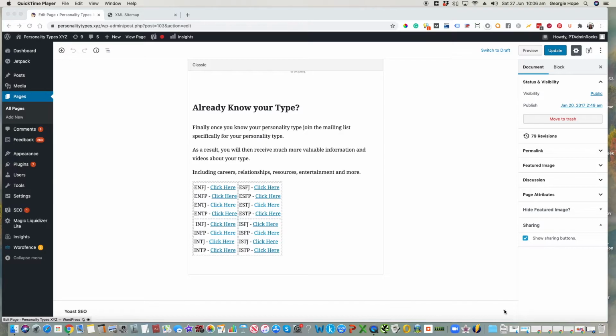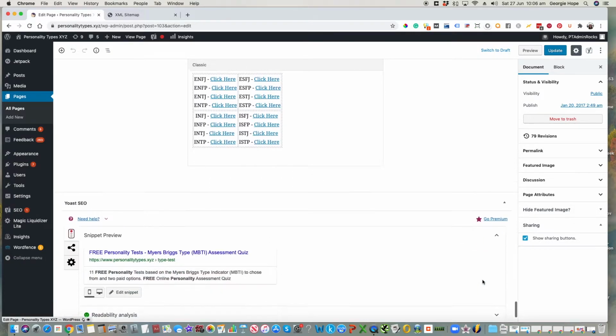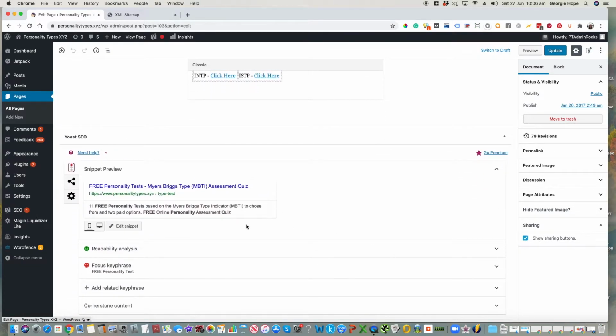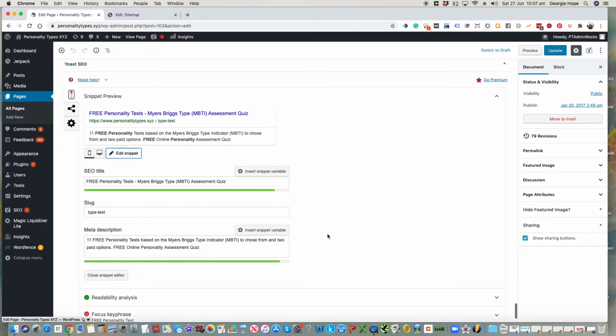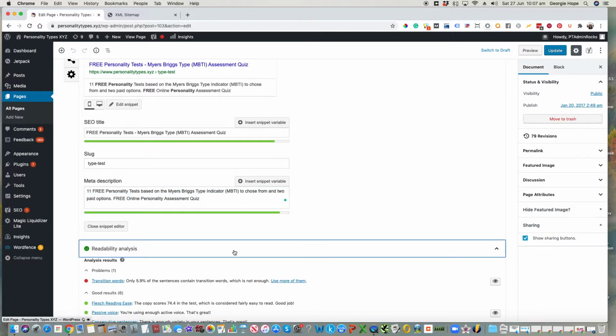That can look quite different in yours because you might have a whole stack of other things beneath that. But if I click on this little arrow over here on the right hand side, then it will bring this up to show me the snippet and some other information. So if I go here to edit the snippet, this is where I'm going to put in my SEO title, and this is where I'm going to put in the meta description. You can change the slug here,